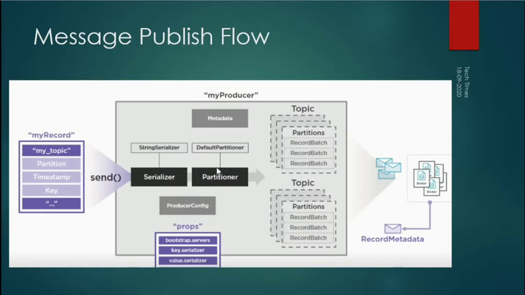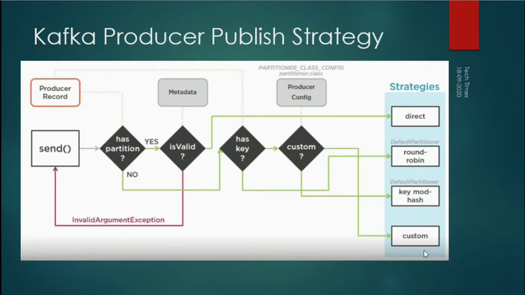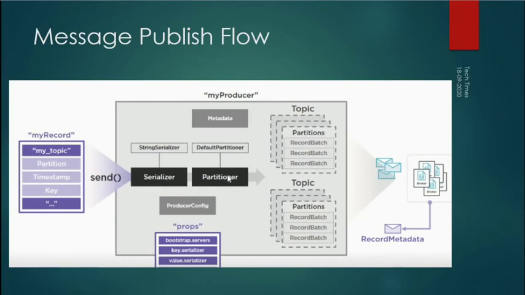So this partitioning scheme, which I told you about in an earlier slide, based on that partitioning strategy, it will choose which strategy it falls under, and based on that it will start publishing that message. Now every message we don't publish directly. All those messages are pushed and held under a batch. So the Kafka producer follows a micro batching strategy, so all those messages are accumulated and formed into a small batch, and then they are published. The batch size or the batch duration can be specified under the configurations of Kafka itself.